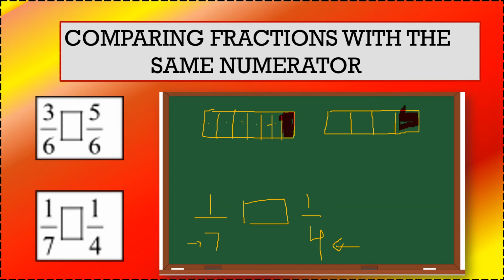Can you tell me which one's greater? Which one's greater, children? Yes, you're correct. 1 by 4 is greater. So then we can understand and we can clearly make a note in our mind that if the numerators are same, right, numerators like here, numerators are same, then the greater the number of parts, the smaller will be the size. So if the denominator is greater, right, or is bigger, or the parts are more, then like here it is 7, then the size of the portion that you are getting will be smaller, and the denominator is smaller, then the portion will be bigger.